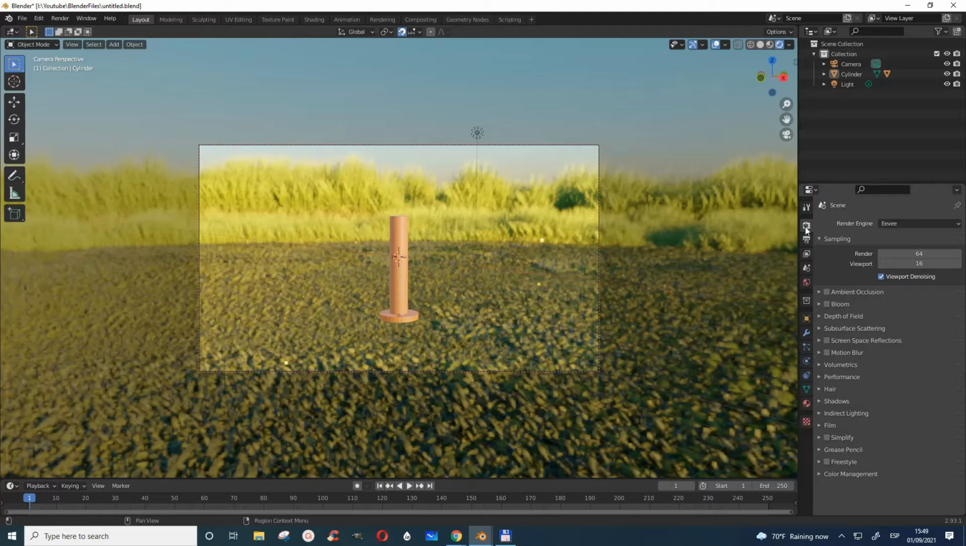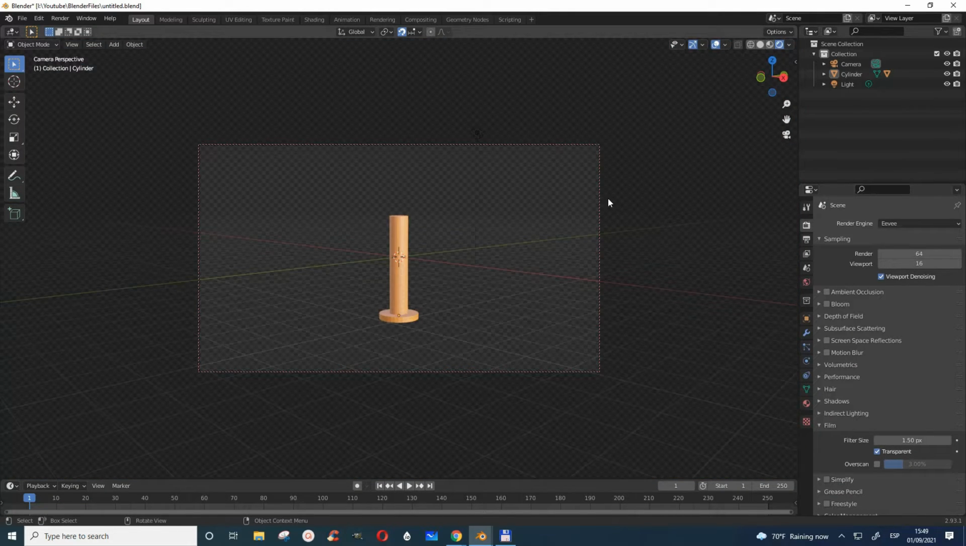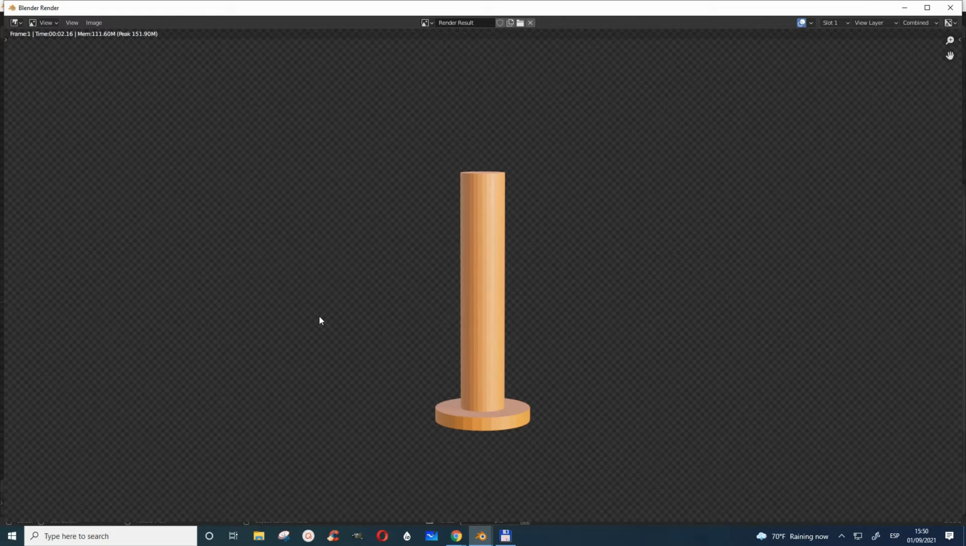So you go to render properties here, and then you come to film, and then you choose transparent. That makes the background transparent because we want to put something else there. And then one thing I would suggest is you go to render and already render your image. So when it's done, you can